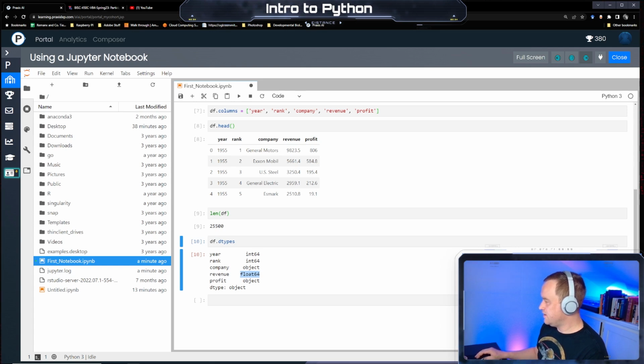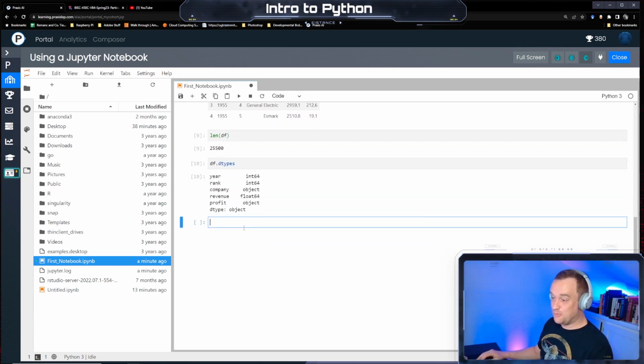We'd expect the profits to be float, just like revenue, but it says an object. What that means is that there are non-numeric values somewhere in this column that are causing the problem. So we're going to run non-numeric